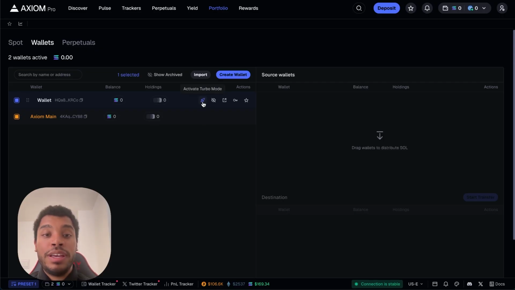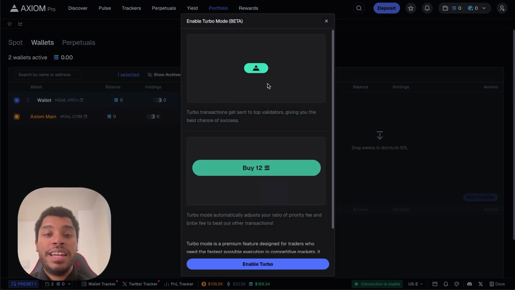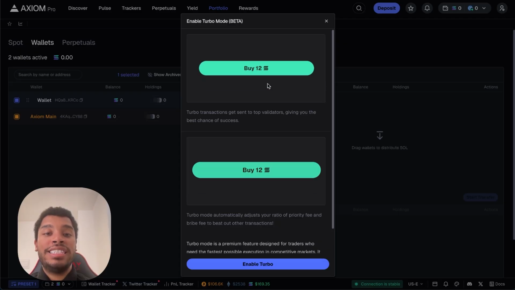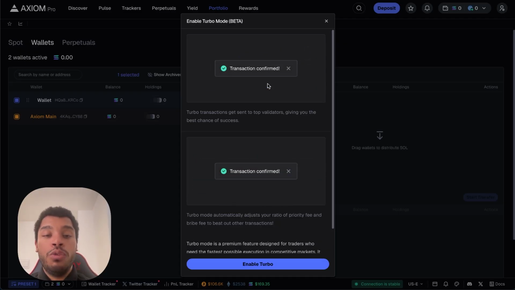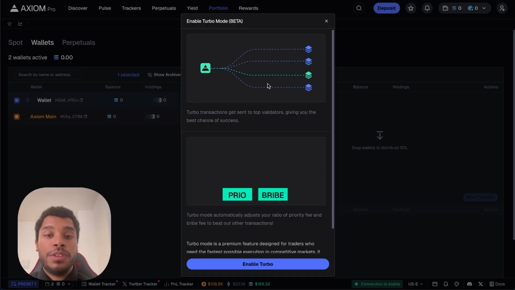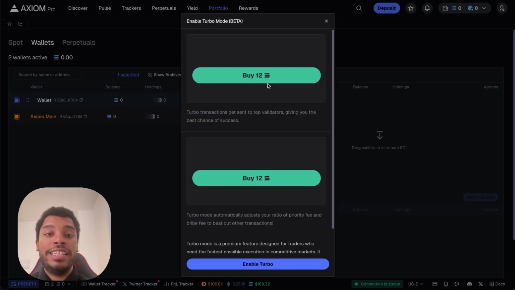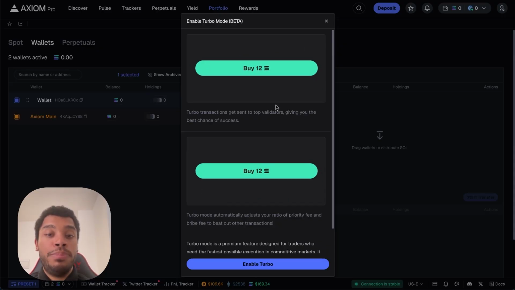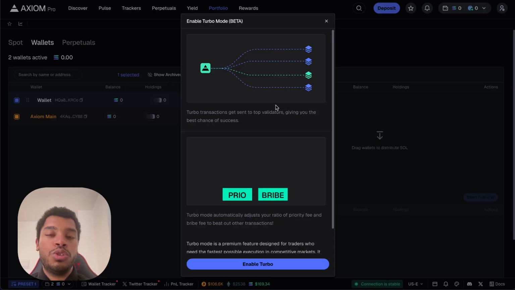As you can see, you have the ability to activate turbo mode, and if I click on it, by paying a small fee, I'm basically going to get the opportunity to have my transaction executed at a higher speed level, which of course, when it comes to meme coins trading, speed of execution is crucial and can literally make the difference between a profitable trade or an unprofitable trade. So having the opportunity to activate this function, in my opinion, is crucial, especially if you are serious about trading